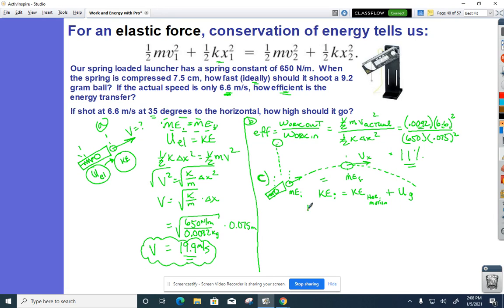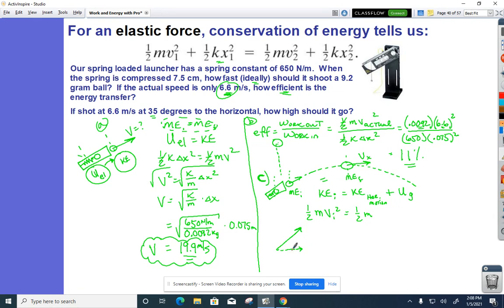Let's go ahead and start putting in some of these values. 1/2 m V initial squared. That V initial is my 6.6 meters per second. That's how fast I shot that thing out. Then 1/2 m, and how fast is it moving horizontally still? But I have to consider the fact